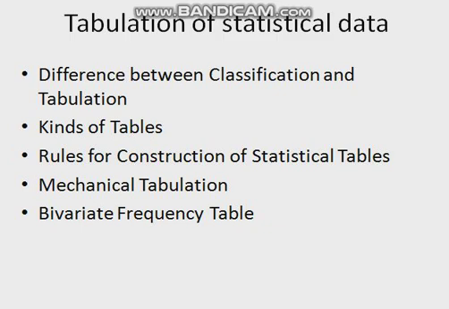Complex table. A table constructed to reveal more than one characteristic of the data is known as a complex table. It can be of the following types, like double or two-way table. When data are presented according to two attributes or two characteristics, it is called a two-way or double table. For example, distribution of students according to faculty-wise, sex-wise, males and females.